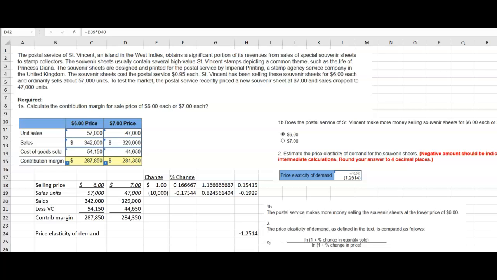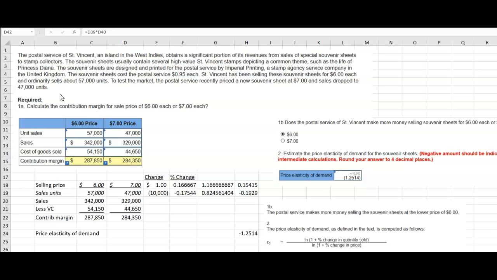Okay, let's take a look at this price elasticity of demand problem. Now, here's the problem in front of you. The Postal Service of St. Vincent, an island in the West Indies, obtains a significant portion of its revenues from sales of stamps and special souvenir sheets. The souvenir sheets usually contain several high-value St. Vincent stamps, and they're designed and printed for the Postal Service by Imperial Printing, a stamp agency out of